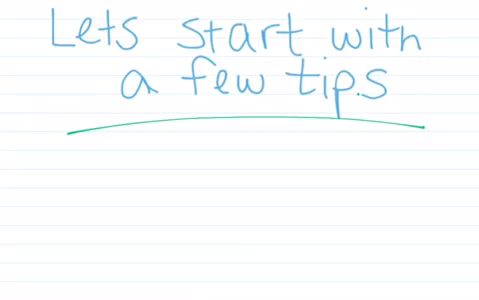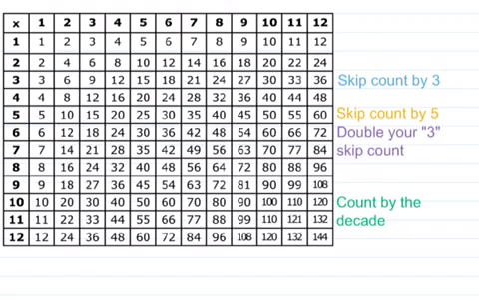Let's start with a few tips to make solving 5, 10, 3, and 6 a little simpler. When we look at the multiplication chart, let's first look at the multiples of 3. So one way you can easily remember your multiplication facts for 3 is just by skip counting by 3. So you can see it starts with 3 times 1 is 3, 6, 9, 12, 15, 18, 21, 24, 27,